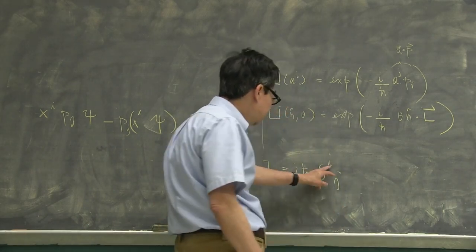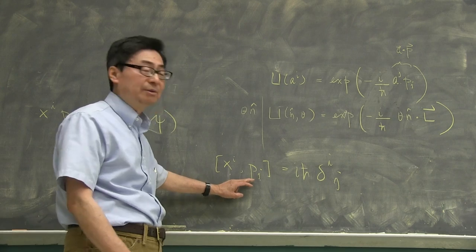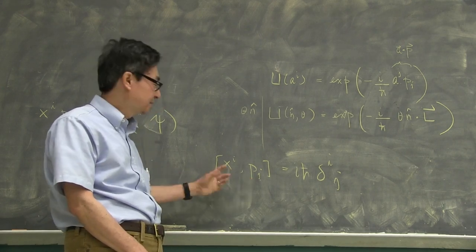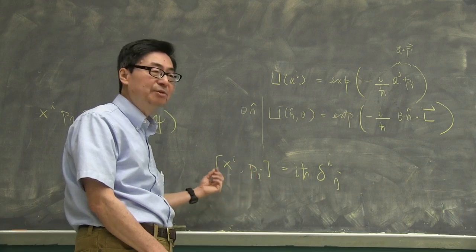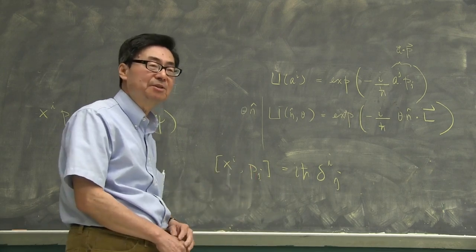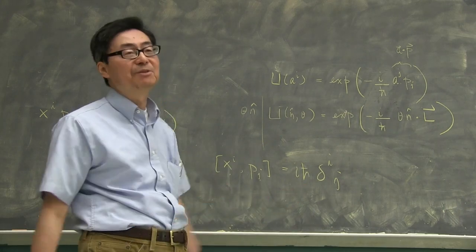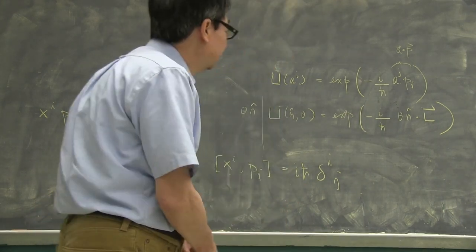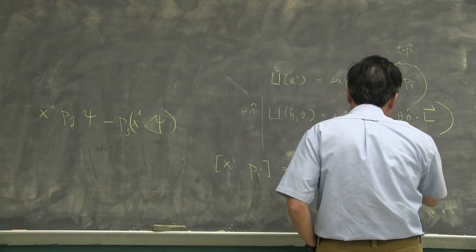Now, it does commute if i is not equal to j because of this, right? So if you have x1 and p2, they would commute. It's only the same components that don't commute. So x2 does not commute with p2, x1 does not commute with p1, and so on and so forth. x2 commutes with p1, x1 commutes with p3, and so on. On the other hand, all the different x's